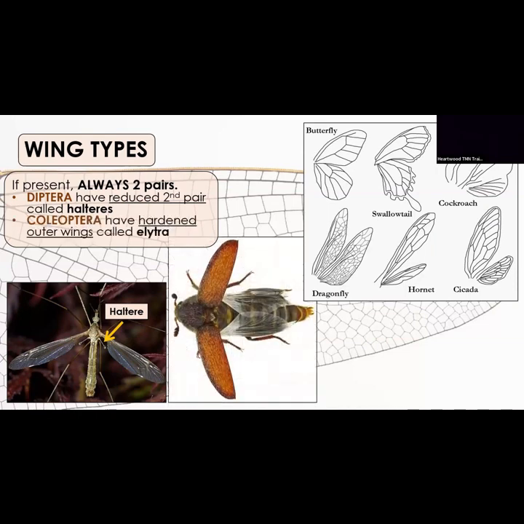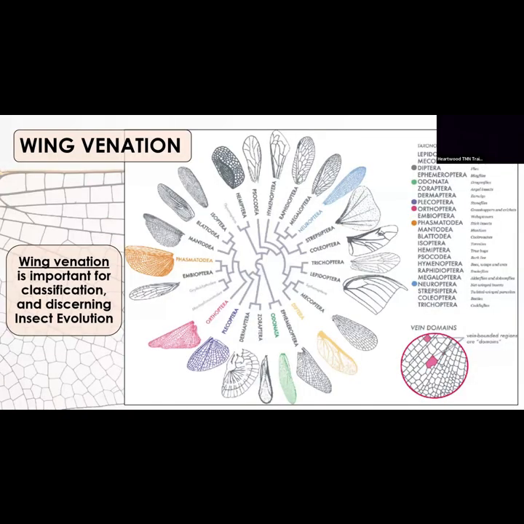And then beetles are known to have hardened outer wings called elytra. That is unique to them. If your insect has hardened outer wings, it's a 99.9% chance you are looking at a beetle. I mean, like hard, like you poke it and it doesn't, but there are some exceptions. So we're not by any means going down the insect evolution path, but this is showing that wing venation has a ton of different origins, and that's why it's been used to help separate out insects as well.